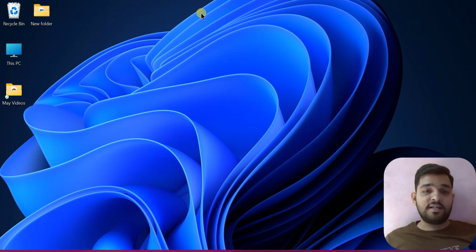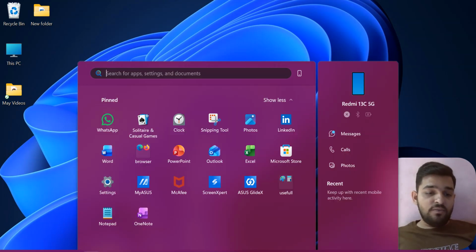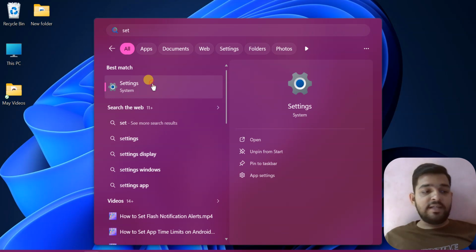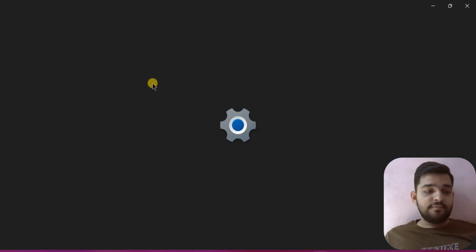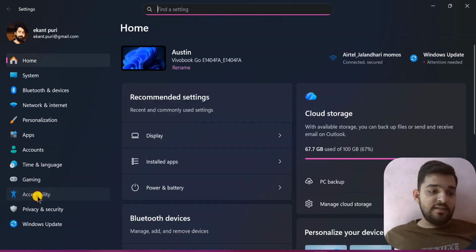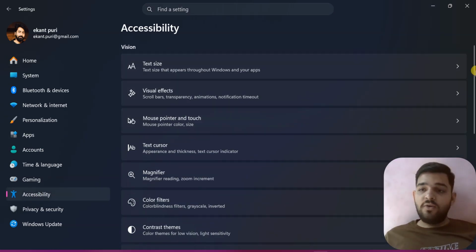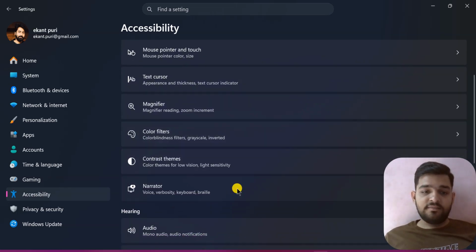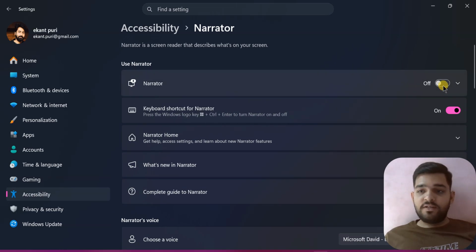So let's get started. Firstly, go to the Start menu. Here you will search for Settings. Tap to open Settings. Now go to Accessibility. Scroll down and find Narrator. Here you will see Narrator. If the toggle is on,